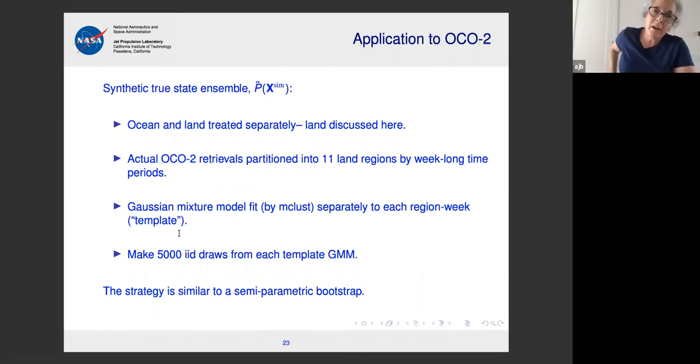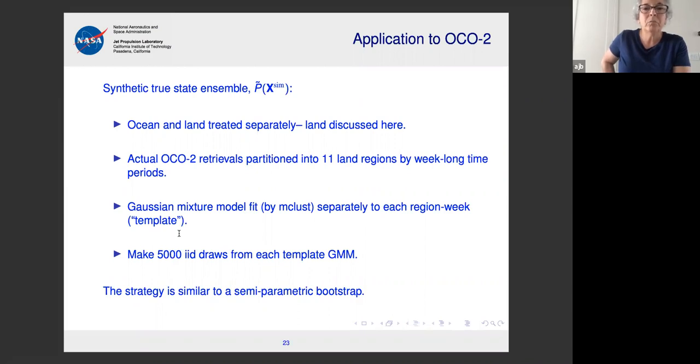And we struggled for quite a bit of time trying to decide how we would create these synthetic ensembles from which we would draw our ensemble of p-sims, or how we would create the distributions from which we would draw. It was necessary that those distributions be representative of what we think we would see in reality. And because the intended use of the OCO2 data is as input into flux inversion models, we decided to ask our friends in the flux inversion community what they would like.